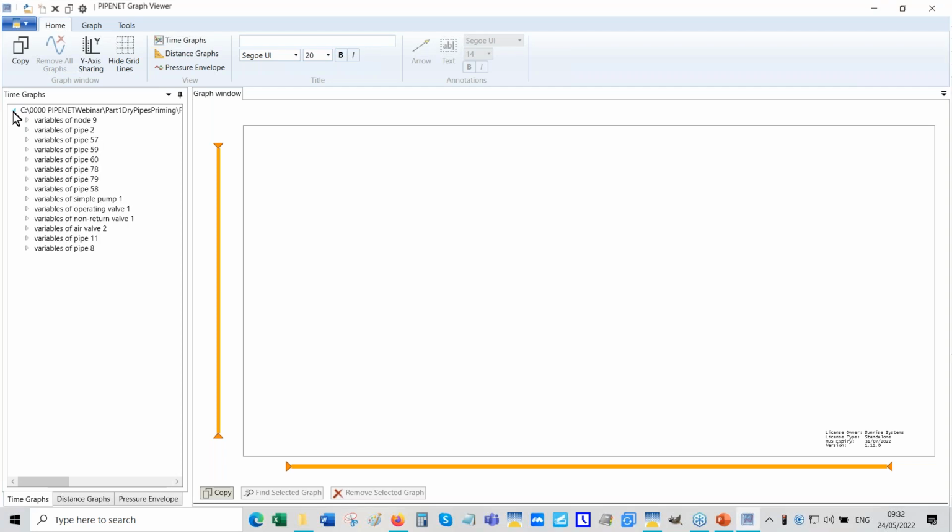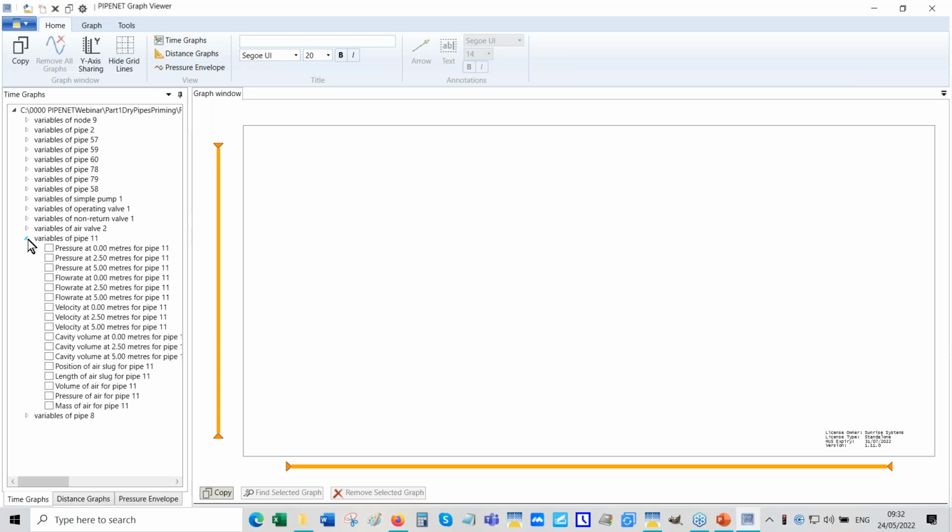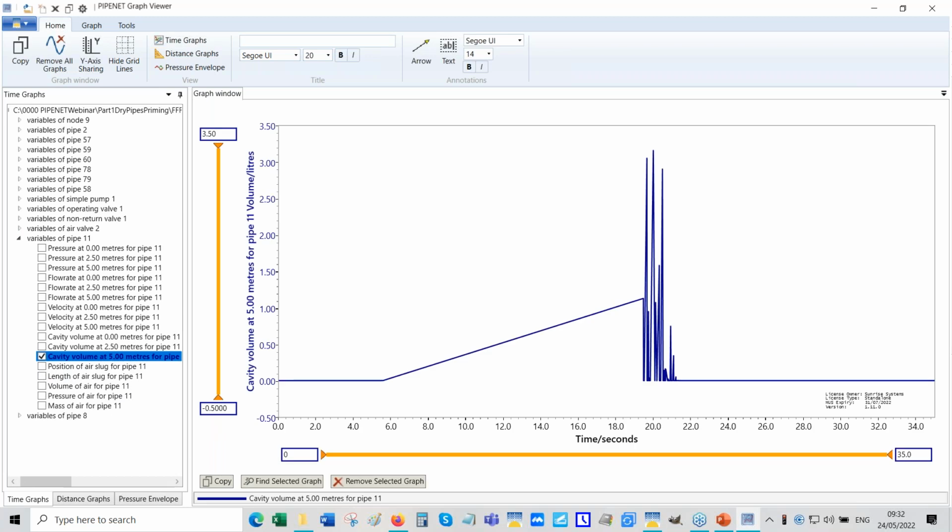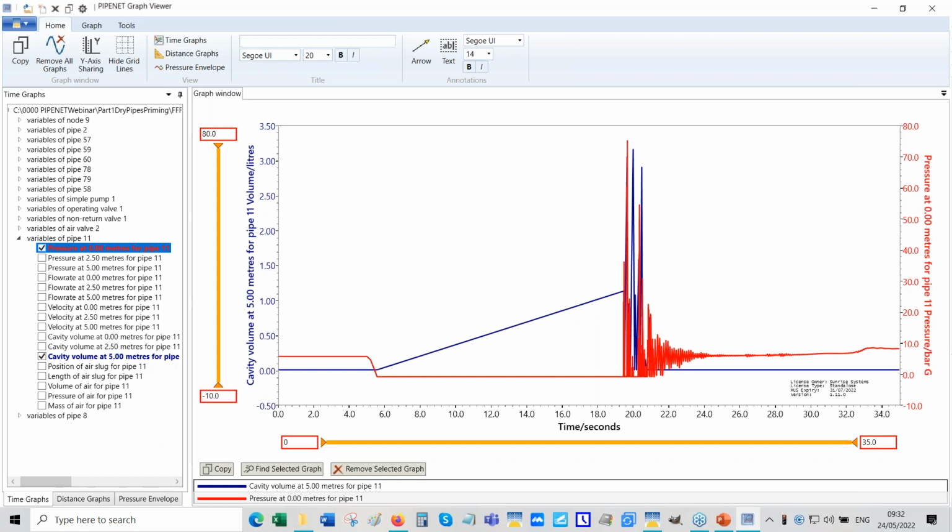Pipe 8, what's that here? Look at pipe 11. See, that's a cavity volume. So you can see that the cavity volume is oscillating a lot. The pressure in pipe, you can see that it